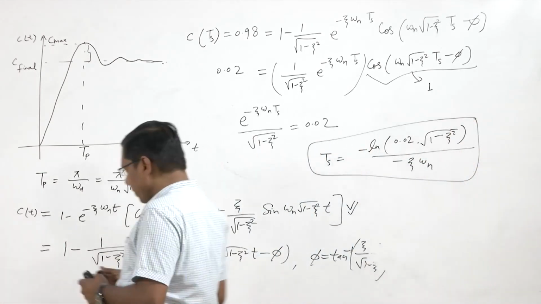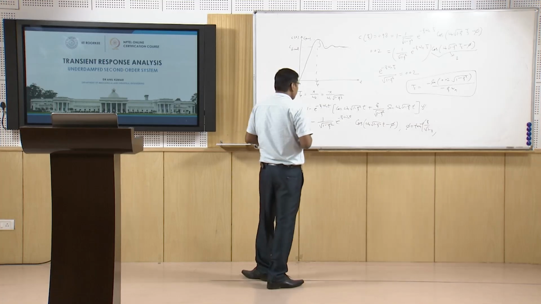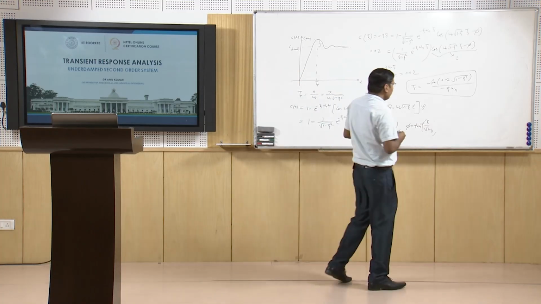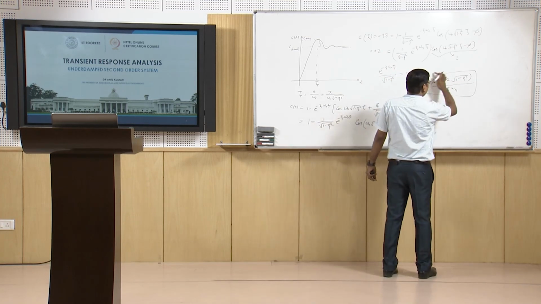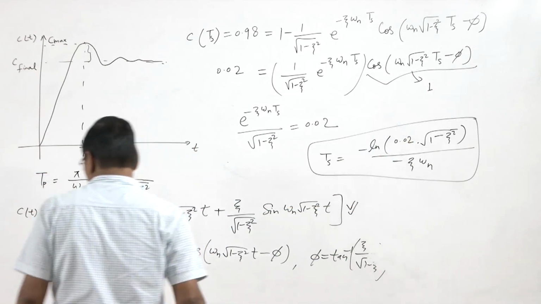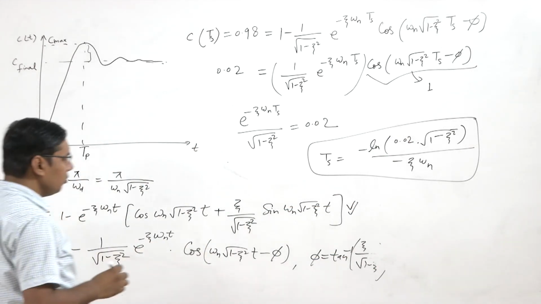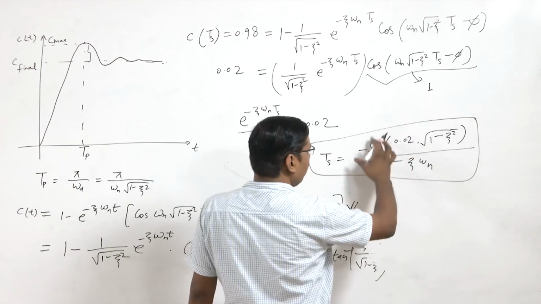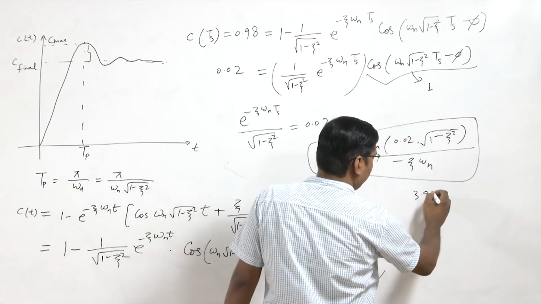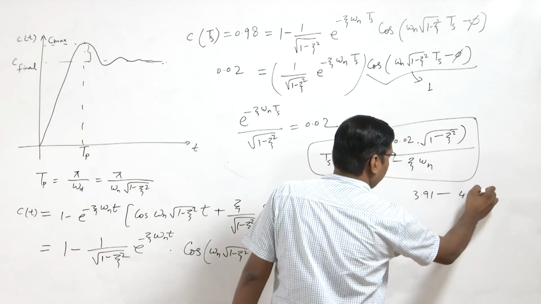So this is the settling time, and this value, for different values of damping zeta, when we vary zeta from 0 to 0.9, this numerator term varies from 3.91 to 4.74,